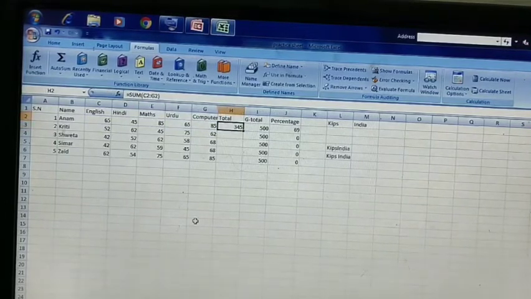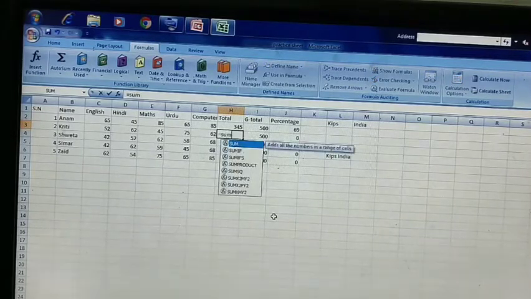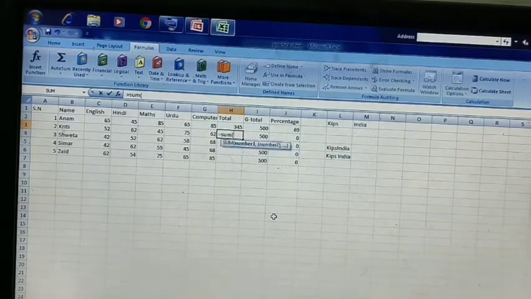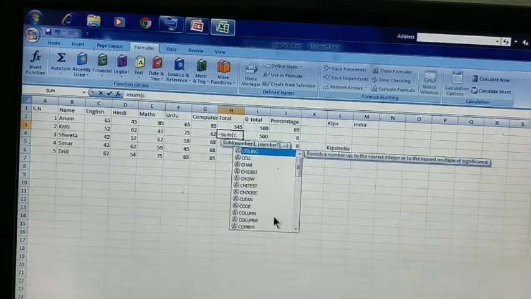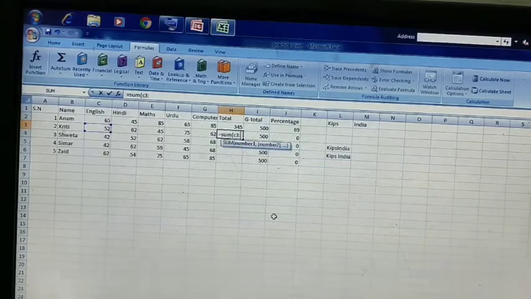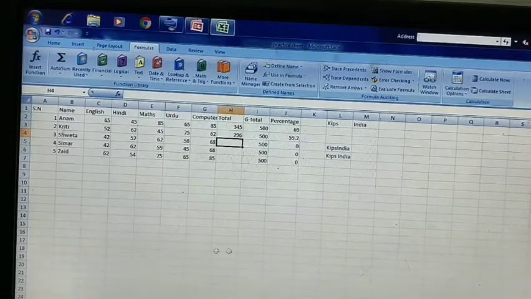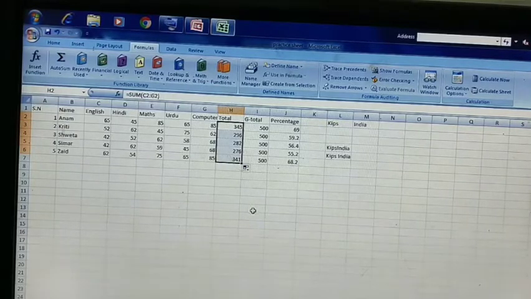In the same way, if you want to calculate the total of Kriti, then you can use the same formula, equal to sum bracket start, it is known as parenthesis, and now you just need to give the range. Now the range is a little bit different, now the range is C3 instead of C2, the range is C3 to G3, press the enter key. And in this also you can copy it, you can drag it, and then it will copy it. So this was the function sum.